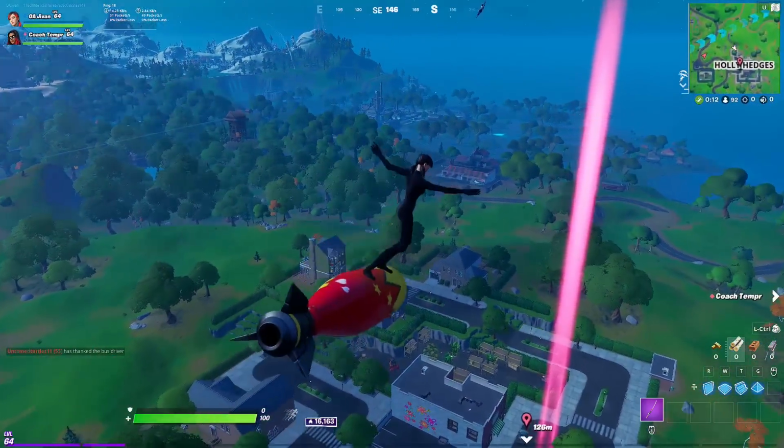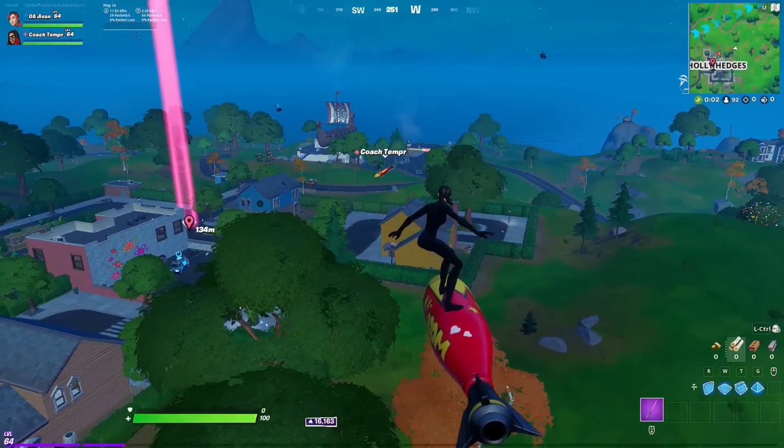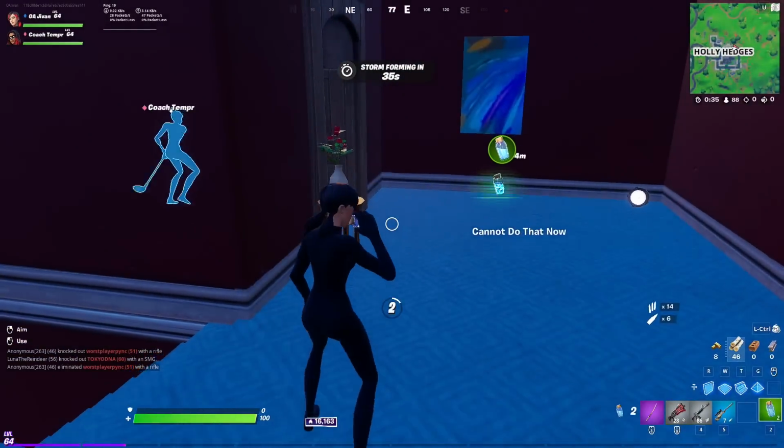So in games 2 and 3, we drop a lot more kills because we could actually find people. So while we were dropping here, there were a lot of people, so Temper and I were talking about whether or not we should land together, and we decided to land together, which was a good idea because the place Temper was gonna go was